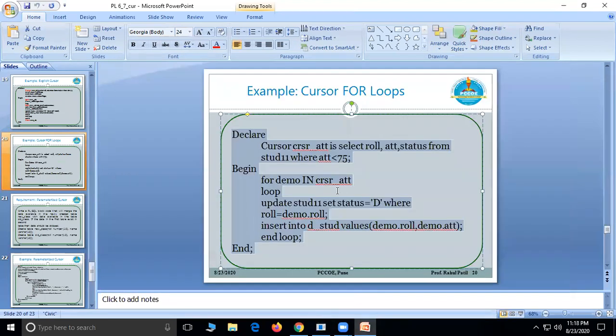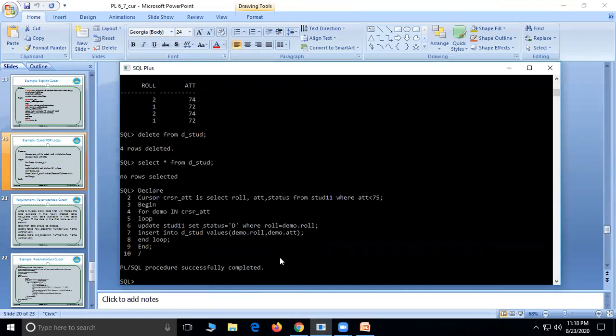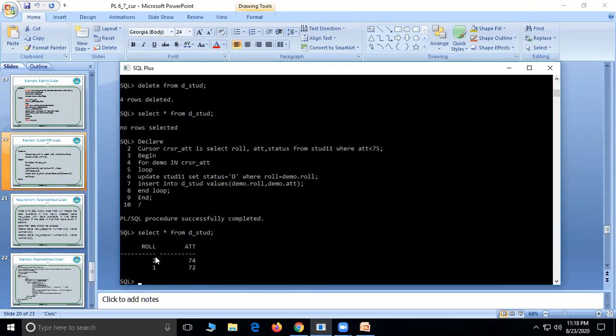Again we'll try to execute this block. See here, it is saying successfully completed. Now we'll see whether the entries are made into the d underscore stud table. Yes, see here now only 2, because it was made empty, all values were deleted. Because of this execution of the block we got 2 more values into that. So this is how we can minimize our efforts which we put during the plain explicit cursor, but using cursor for loop we can minimize our efforts. Okay,